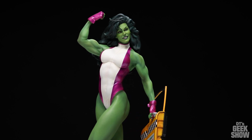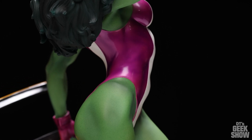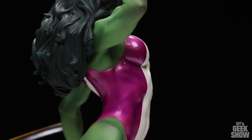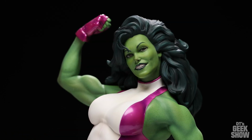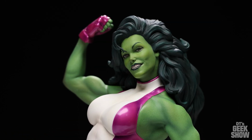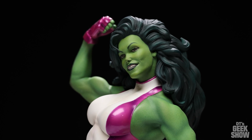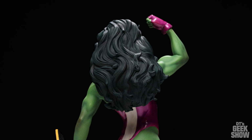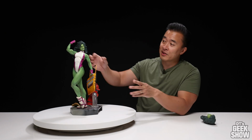I really like the glossy treatment on the sides of her unitard. Kind of brings out that shiny spandex look from the late 80s. This is like a pose you'd see on the cover of Muscle Fitness. Love the big flowing hair. My only wish is that this thing was bigger. Very sexy looking She-Hulk. Even though I don't think I'm gonna like it as much, let's go ahead and switch